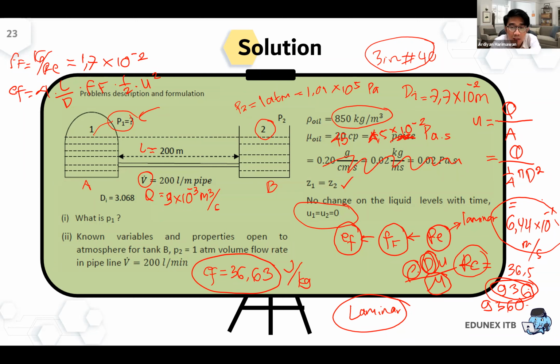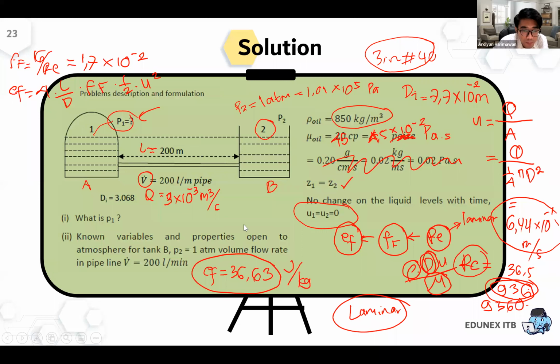I hope you understand the explanation, right? So in terms of velocity, when you compare point 1 and point 2, they don't have any value of the velocity. So you can use 0. So you can put it into the